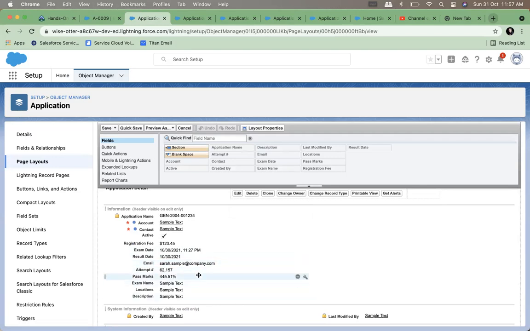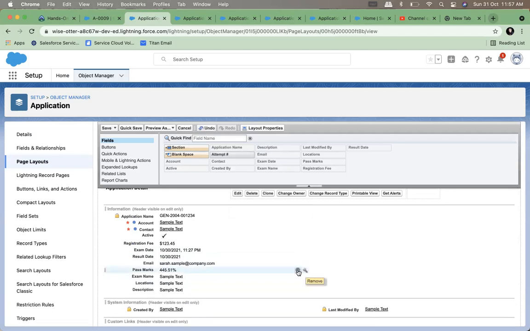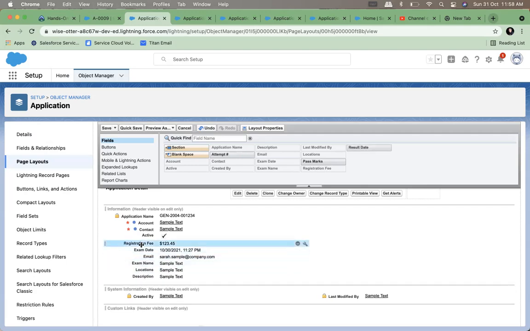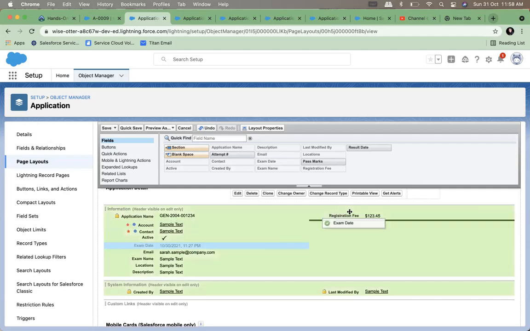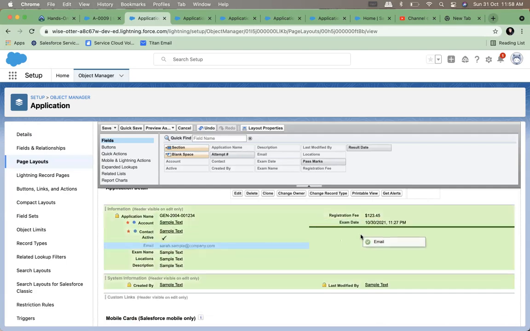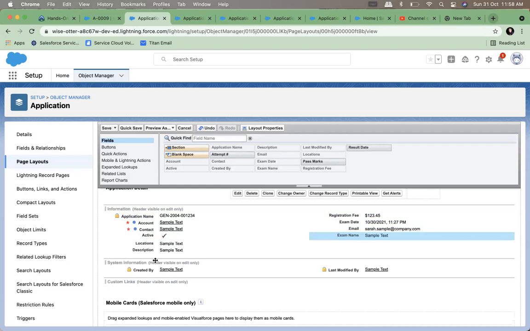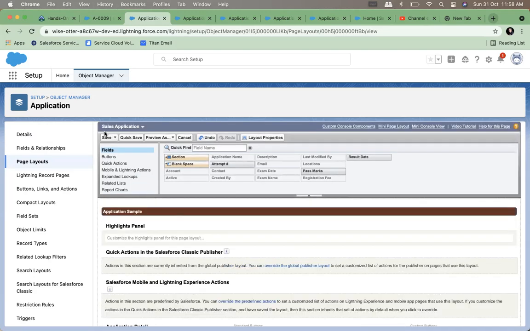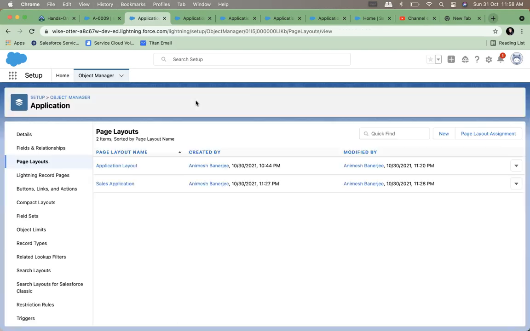Maybe attempt, pass mark; exam name is important, location, description; email is not needed. And I want this evenly distributed in 2 columns. This is how I want a sales application to look.